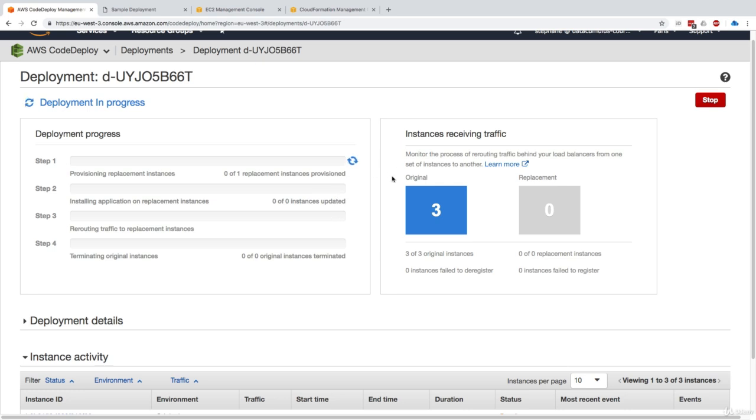which defines the different steps of how the blue-green deployment will work. So we see here, the first thing it'll do is provision replacement instances. As we can see on the right-hand side, we have 3 original instances, and that's the ones we've been seeing just now. This will create 3 replacement instances on top of it. So these are the blue instances, and it's going to create green instances. So we basically get something like an immutable deployment in Elastic Beanstalk. We'll get old instances and then new instances running the new code. Then the application will be installed on the replacement instances. And then in step 3, the traffic will be rerouted to the replacement instances. That's using the load balancer. And if everything goes well, the original instances will be terminated at the end.